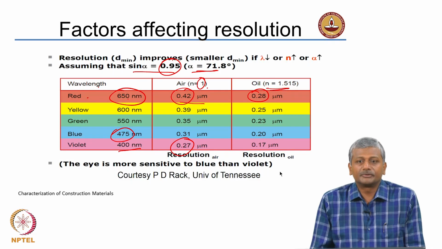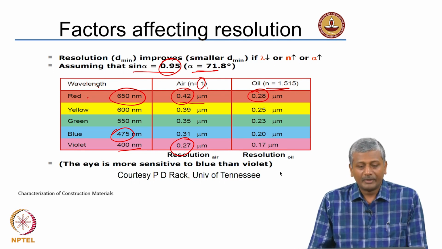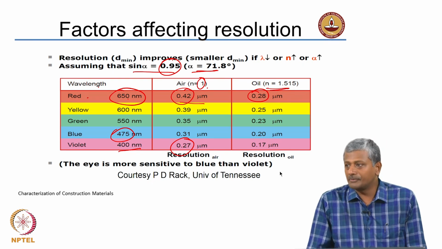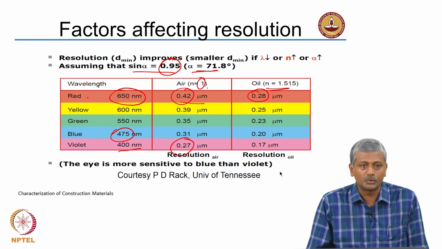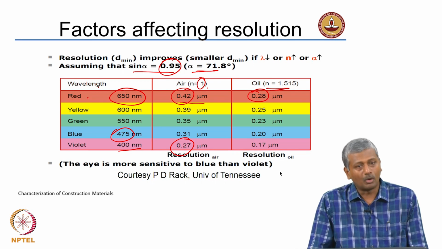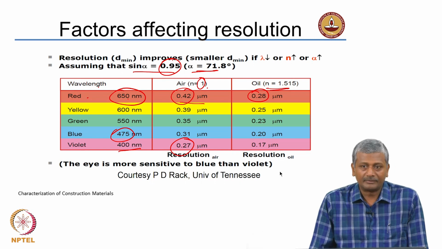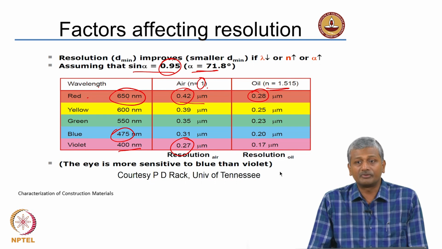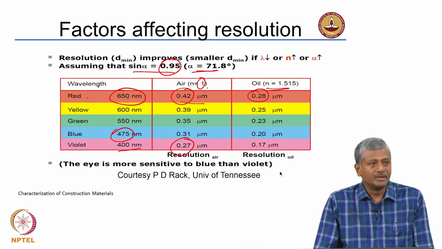So, hello everybody. We will continue our discussion on optical microscopy today. We learnt in the last session what happens when you change the numerical aperture of the lenses, and how you can improve the resolution by introducing materials of high refractive index, like oil, in between the sample or specimen and the lens. You could clearly see that with the use of oil or different wavelengths of light, we could enhance the resolution by as much as 50%.